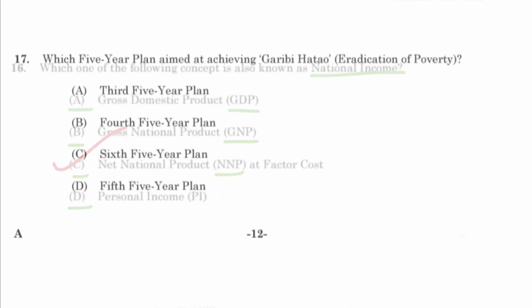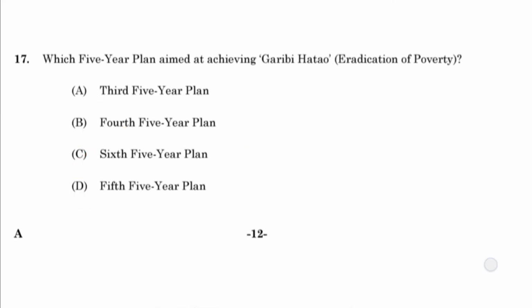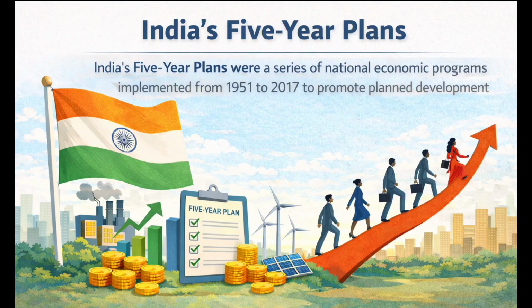Next question 17. Which 5-year plan aimed at achieving Garibi Hatao? A. Third 5-year plan. B. Fourth 5-year plan. C. Sixth 5-year plan. D. Fifth 5-year plan. India's 5-year plans were a series of national economic programs implemented from 1951 to 2017